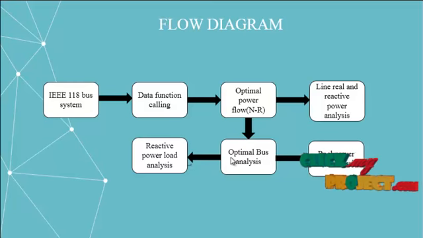And we segregate it into two parts. We find the real power load and reactive power load analysis. The real power load shows how much power we consume from the total power grid, and how much power we absorb as reactive power injections. So considering these two blocks is the major consideration for this analysis.